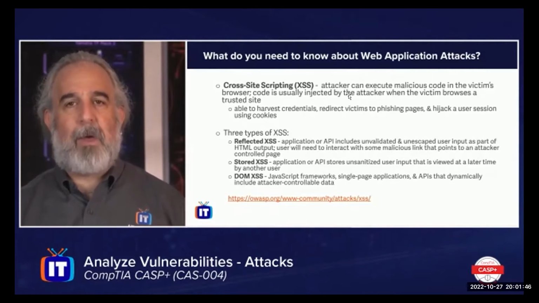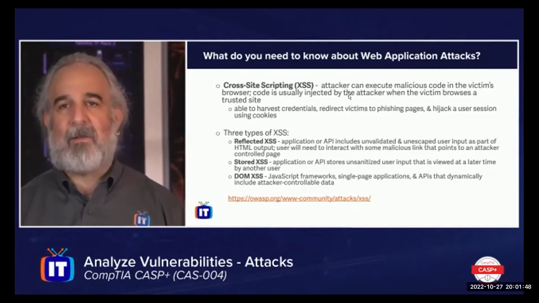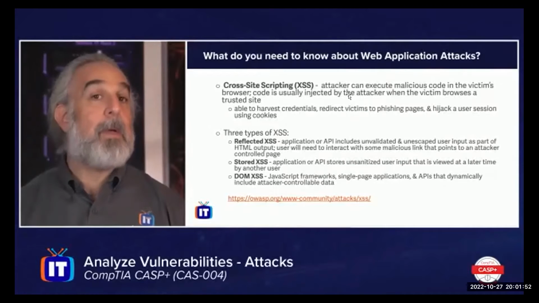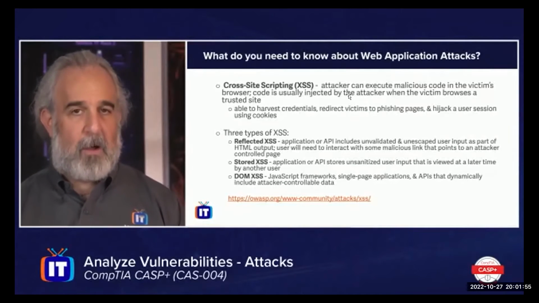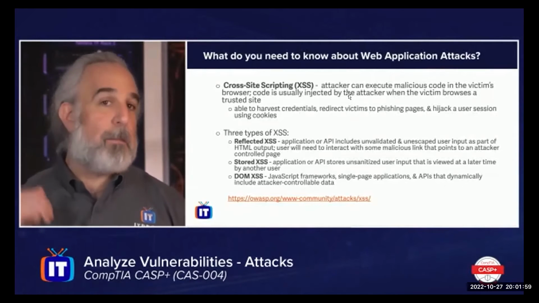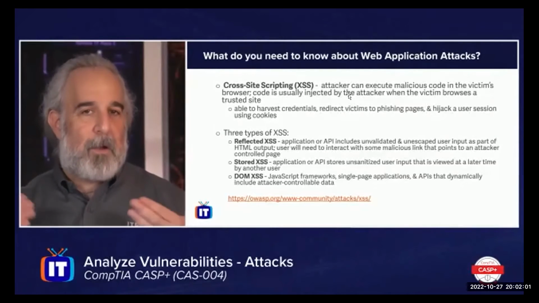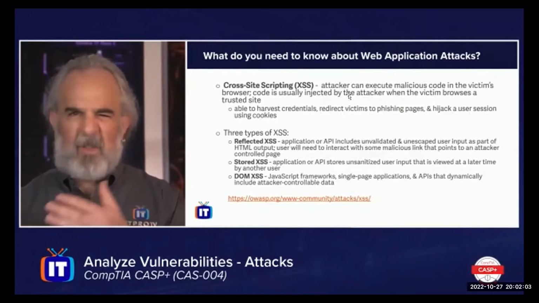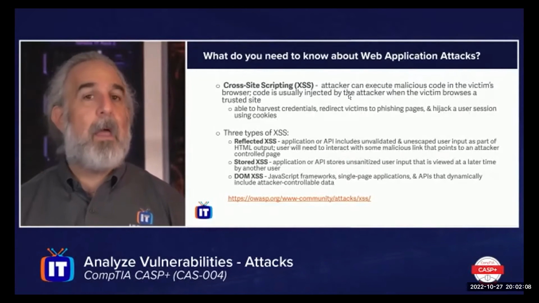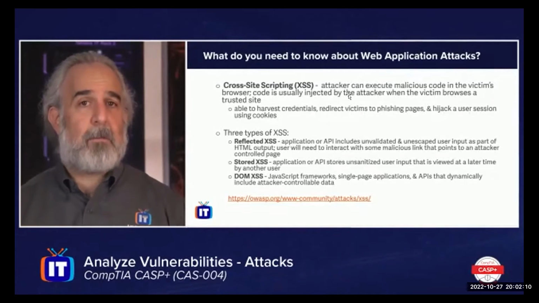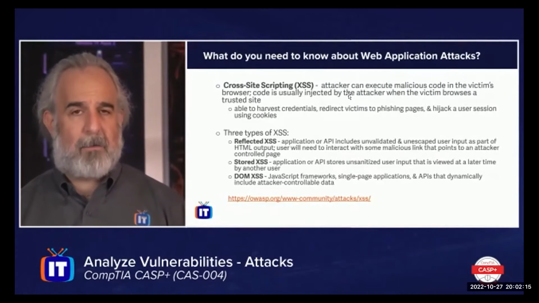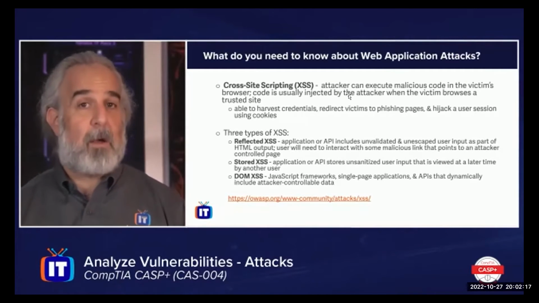The application or API stores this unsanitized, unvalidated user input, and it's viewed at a later time by another user, meaning often the comment fields on websites are going to be used to propagate this attack. Information can be put there that when it is viewed or becomes available to other users as they stop by at some point throughout the history and the use of that site over time is then able to essentially propagate and reignite that attack, renewing it against everybody who either accesses that information or in some way comes into contact